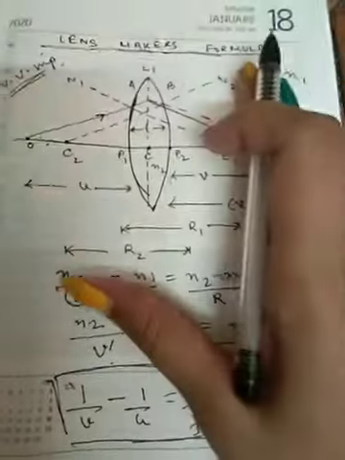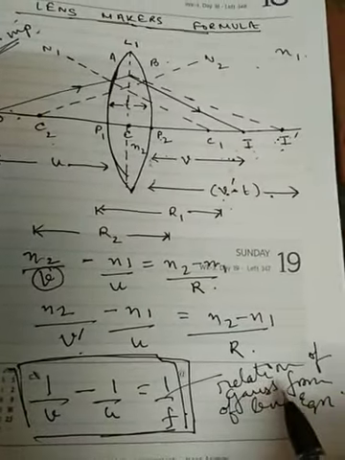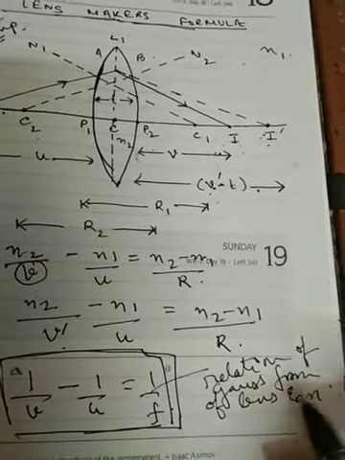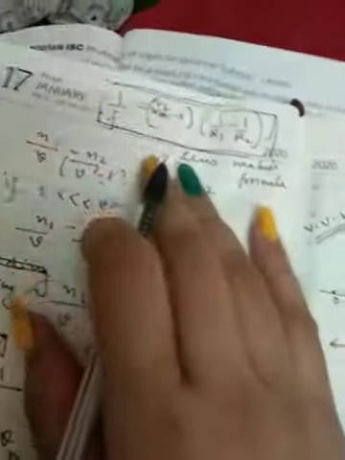Just note it. The lens maker's formula is as simple as water, because once you understand the basic concept, the derivation is crystal clear to you. This is the basic relation we have used since class 9, called the Gauss form of lens equation, or the lens formula.